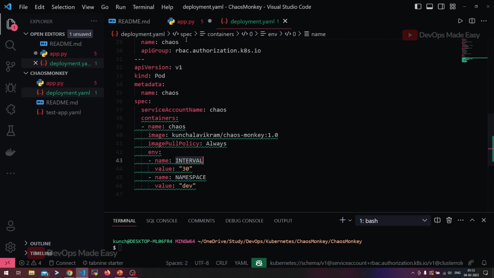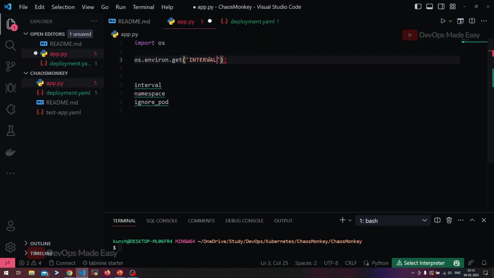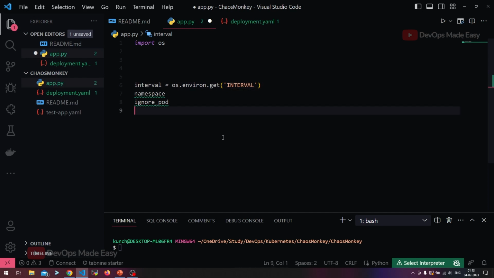So let's get that environment variable like this, and assign it to this variable named interval. And since I'm going to get it as a string, I have to convert it into an integer,